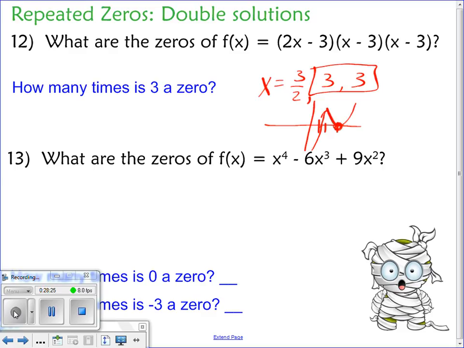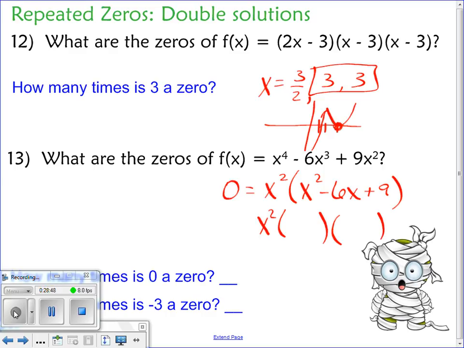Shenanigans. All right, 13. What are the zeros of that? How do I find the zeros? I factor. At this point, all we know how to do with something like that is factor it. So your GCF? So x squared minus 6x plus 9. How does that factor? Good, x minus 3 squared. So x equals